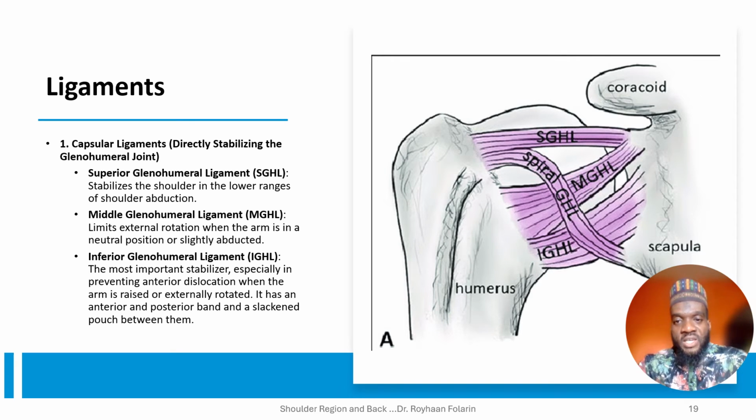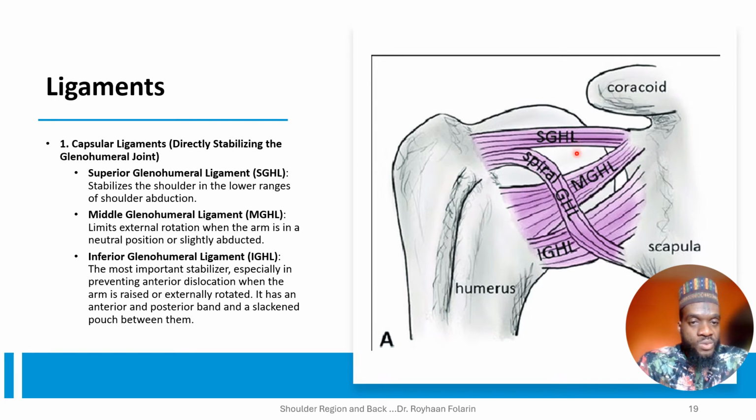So there are a number of ligaments that come to play to contribute towards the stability of the shoulder joint. We have a group of them that directly contribute towards stabilizing the glenohumeral joint. And this capsular ligament includes the superior glenohumeral ligament, which stabilizes the shoulder in the lower ranges of shoulder abduction so that you don't over abduct. So the ligament keeps that distance short and ensures that the ranges are within the safe one whenever the abduction